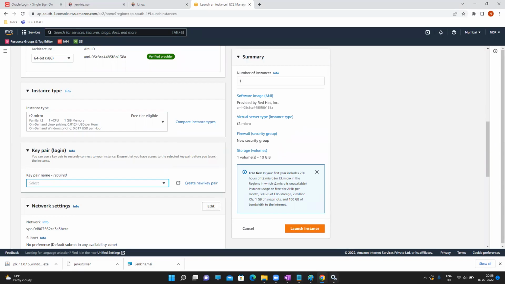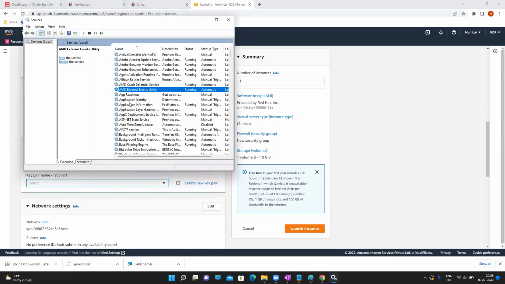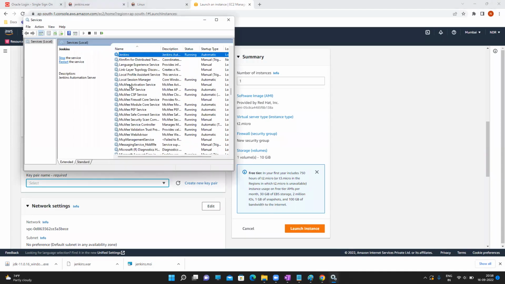For Windows, you can try this. Now my Jenkins is installed. Earlier there was no Jenkins, right? If you refresh, there will be a Jenkins service now. Can you see this? It is already running. So how to access that? By default, it will be